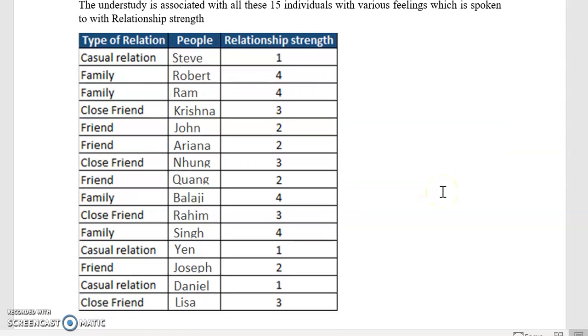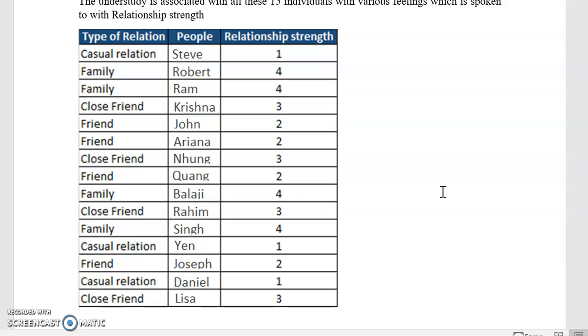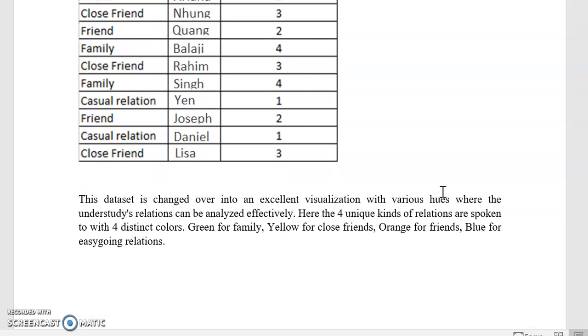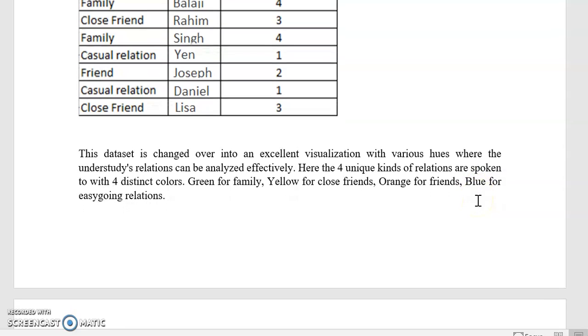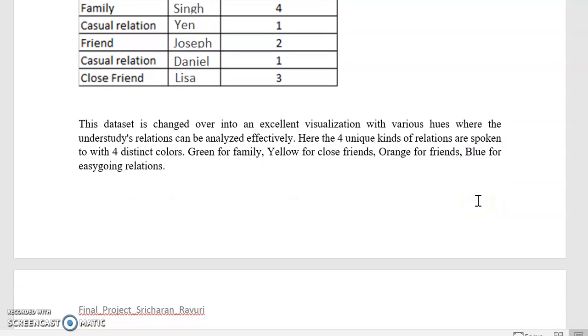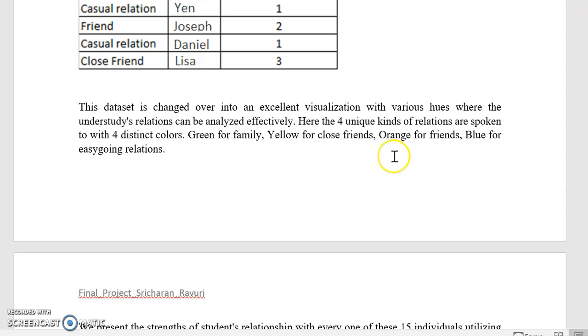Here is the table of the dataset which I have created. It shows type of relation, people, relationship strength: casual relation, family, close friend, and friend. The people column gives the names, and relationship strength gives the 1, 2, 3, 4 strength. This is the dataset presented in Excel, and now this is going to be presented in a